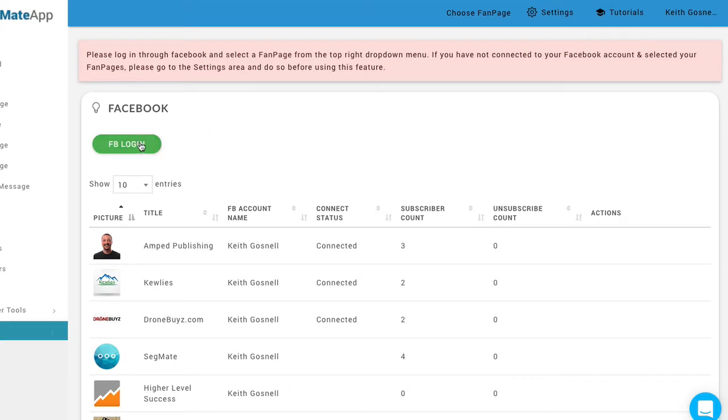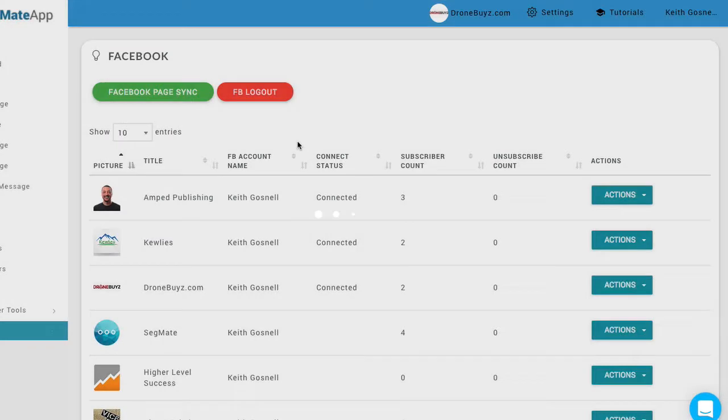Now again, I've already made a connection to my Facebook page, so when I click login, it is simply going to refresh and make sure that I'm logged in, and now I see this Facebook page sync button here. On your very first login, as with any application that connects to Facebook, you're going to be prompted for some permission settings from Facebook. Just make sure that you accept those permissions because we're going to need all the permissions that we asked for